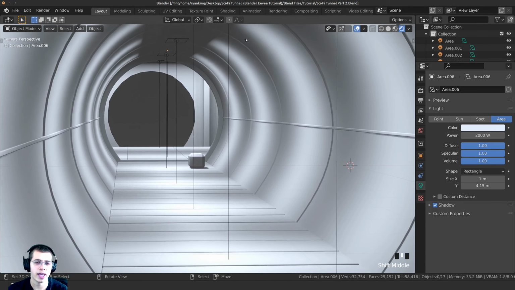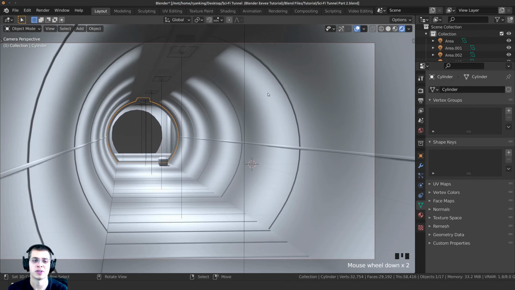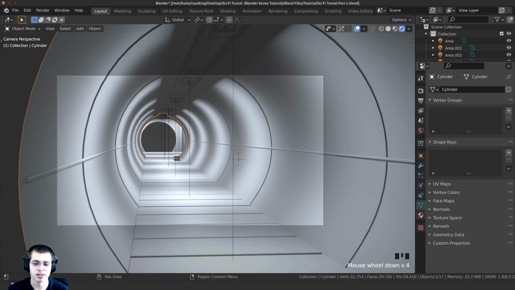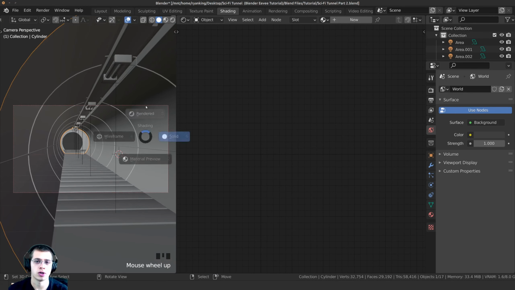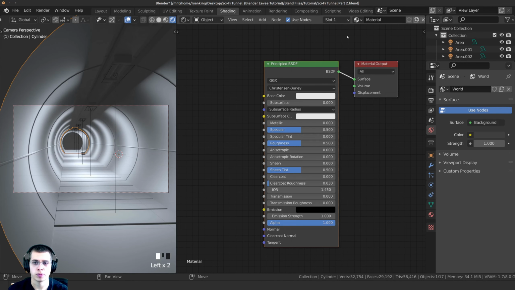Alright, so now let's go ahead and do the materials for the tunnel. So I'm just going to select the tunnel, and then let's click right over here on the shading tab so we can edit the shader nodes. So I'm going to click on new here to add a new material, and I can just call this like